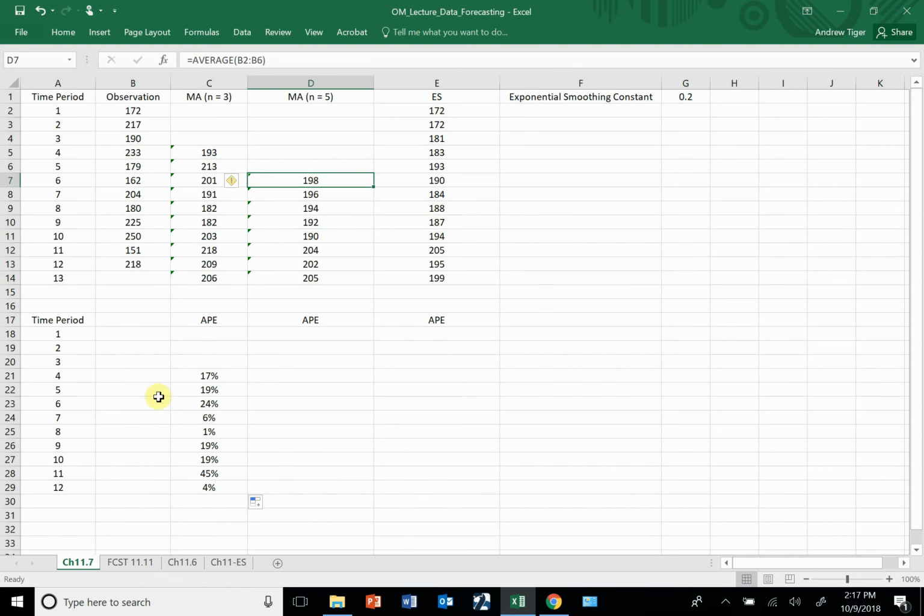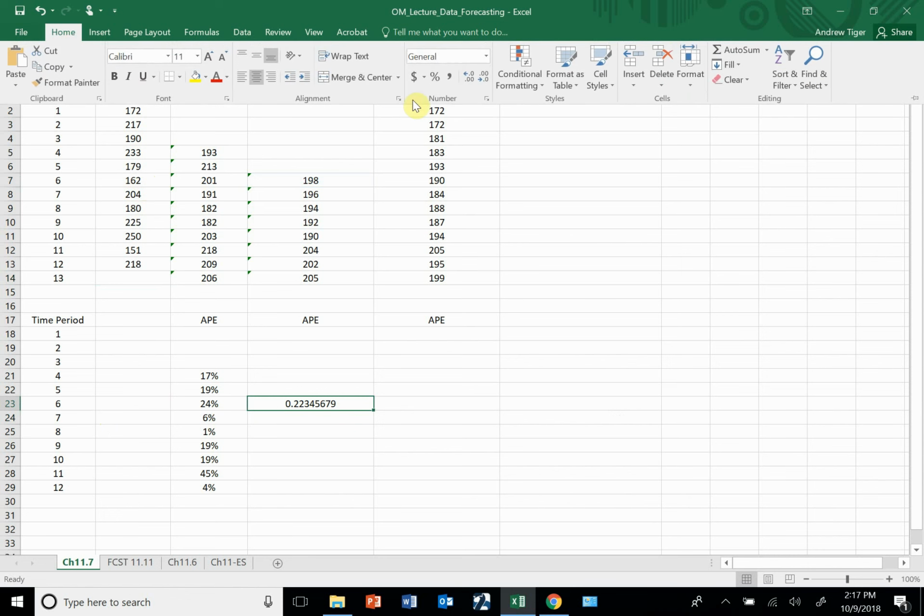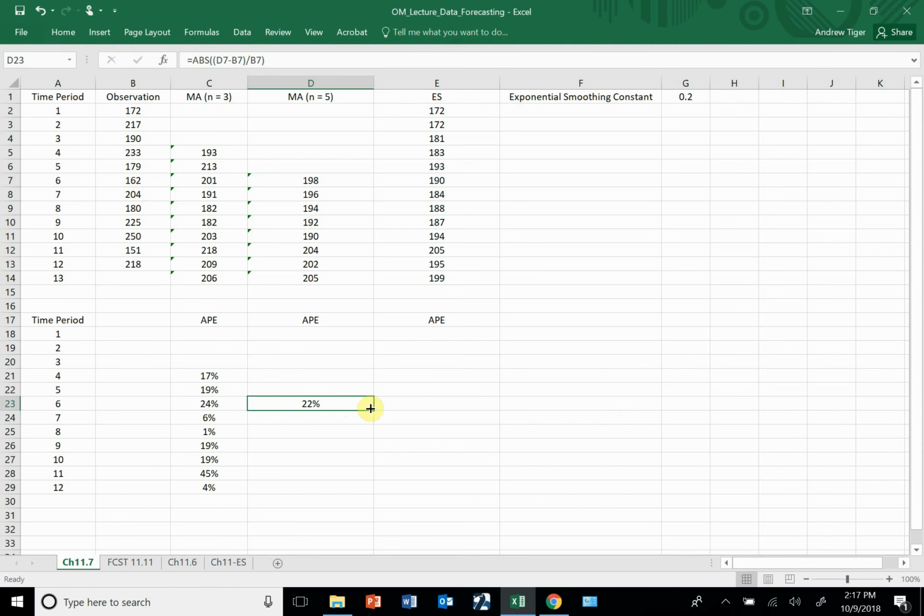Now I can do the same thing for moving average n equal to 5. I start with the very first forecast, which is time period 6, ABS. This minus what really happened, divided by what really happened, in parentheses for the absolute value, show it as a percent, copy that down. For this one, I could do it for the first one, but I think that's a little unfair, so I'm going to start with the second one. This minus this, divided by this, show it as a percent,